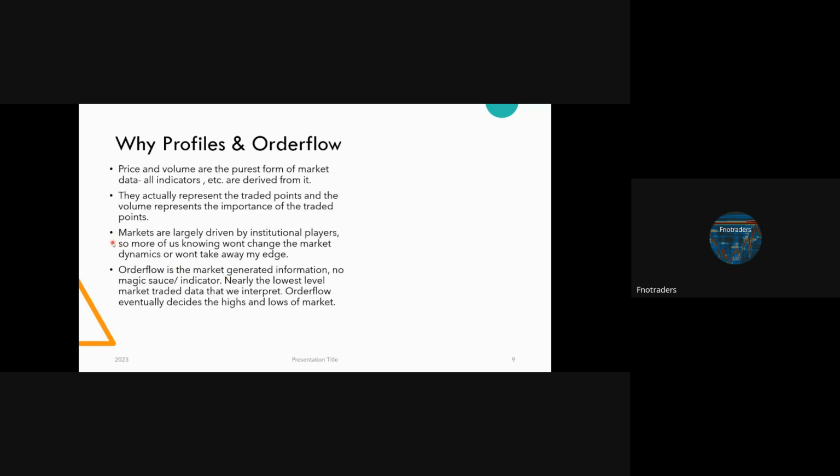Okay, this is so dynamic. All we are trying to do is align our view with the larger orders, larger players, so that we are in sync with the markets. Okay, and with order flow, what we're trying to see is whether a certain group of larger players is failing, or whether they are able to hold the market at a certain level. Okay,